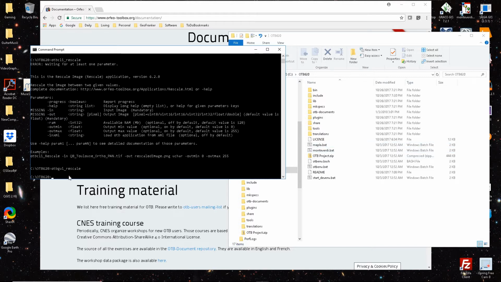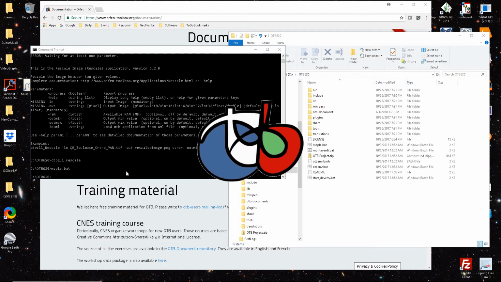And there's a couple ways I can type in the bat file name. So if I just go mapla and run it, it'll bring up the list of functions in the Orfeo toolbox. It takes a moment. And this gives us access to all the remote sensing functions from a graphic user interface environment. So once this comes up, we will see that,